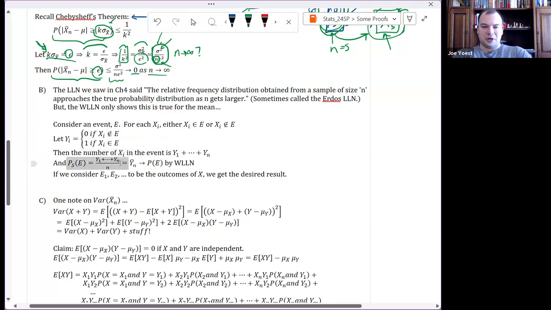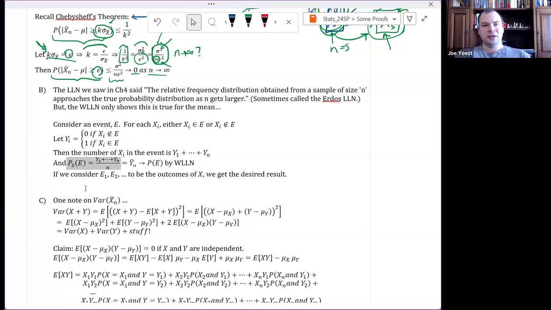What is my sample probability of being in the event? What's the probability of being in the event based on my sample? What's my empirical probability of being in the event? Or what is my empirical frequency associated with that event? That's just the number of sample data points that are in the event divided by the total number of sample data points.